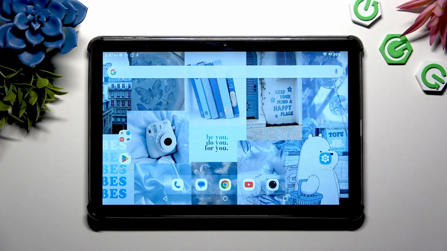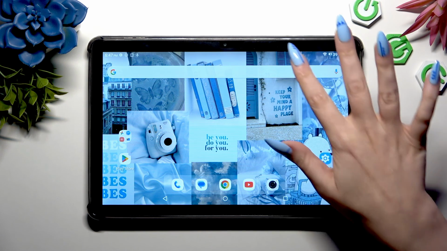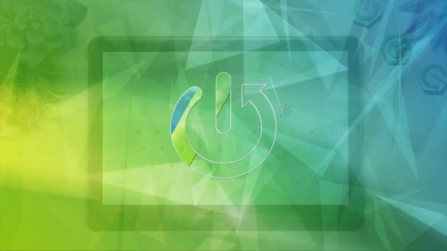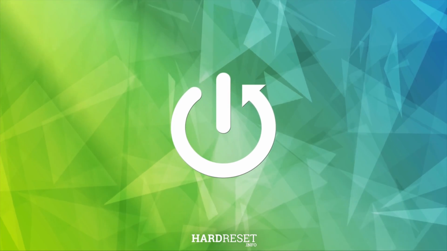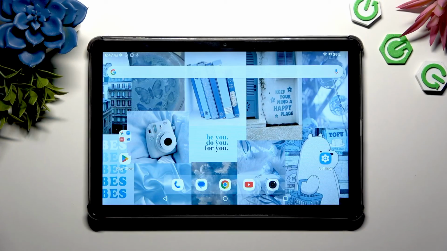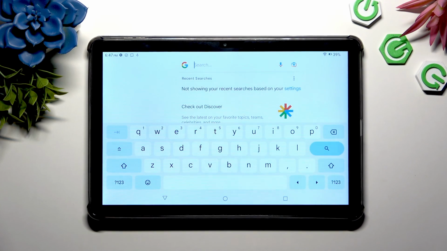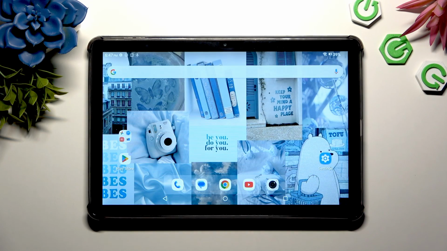In front of me is UMIDIGI G5 Tab, and today I would like to show you how you can enable suggestion strip at the top of your keyboard. If you don't have a suggestion strip at the top of your keyboard, first of all open Devices Settings and